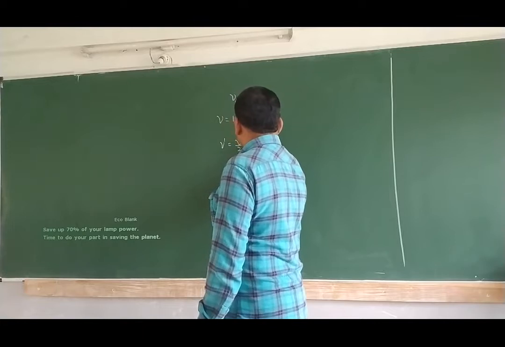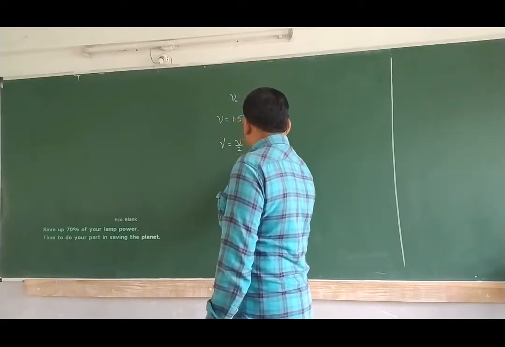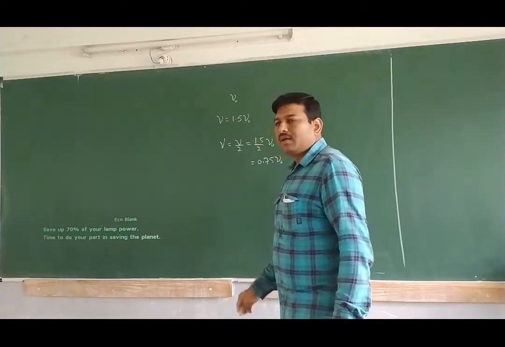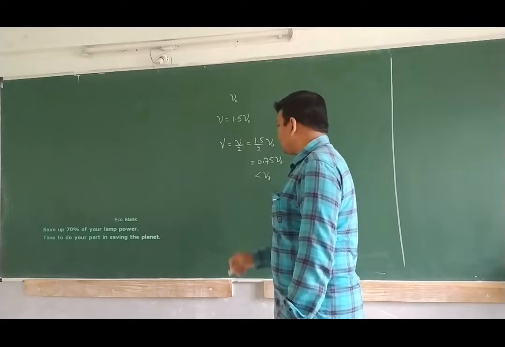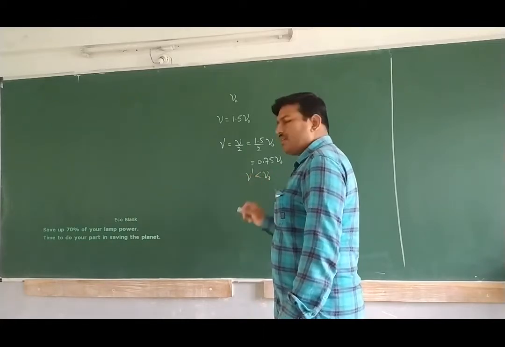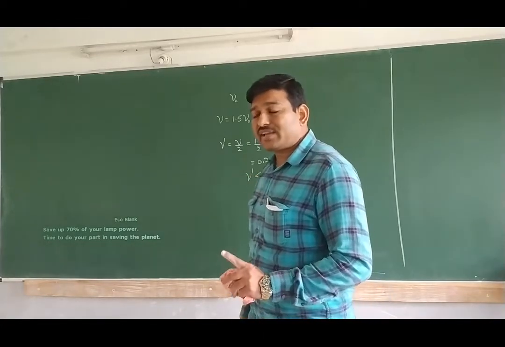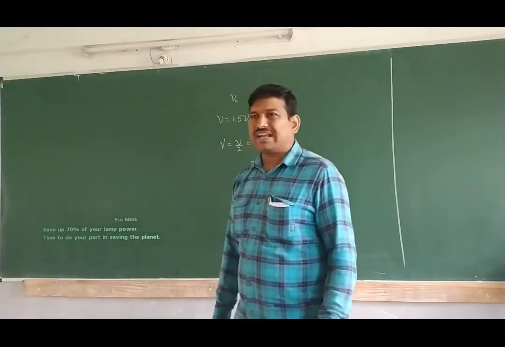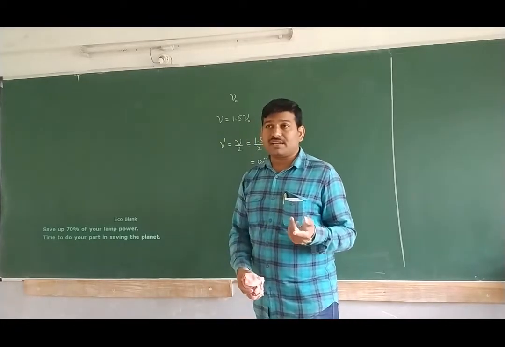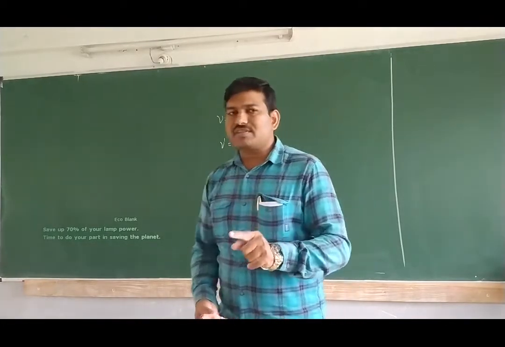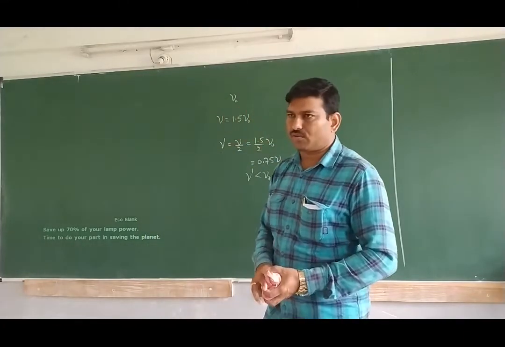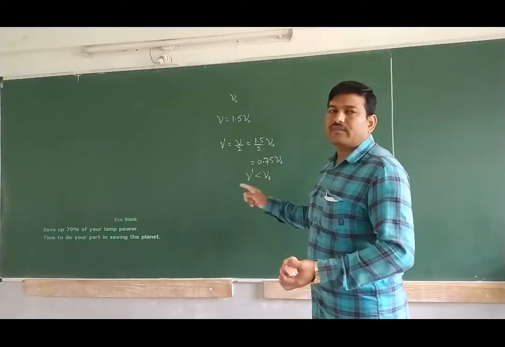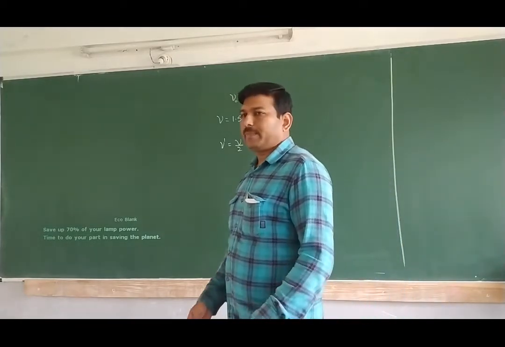That is equal to 1.5/2 nu naught, which is 0.75 nu naught. Is this less than nu naught or more than nu naught? This value is less than the threshold frequency. When the frequency is less than the threshold frequency, whatever the intensity, you won't have photocurrent. Generally, with increase in intensity, photocurrent will increase provided the incident frequency is more than the threshold frequency. Here the incident frequency is less than the threshold frequency. Therefore, we won't have any photocurrent. Okay. Next question.